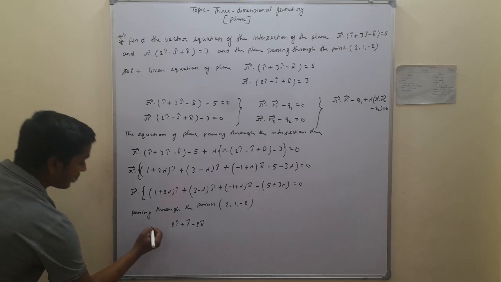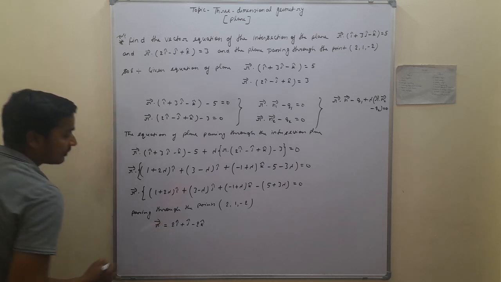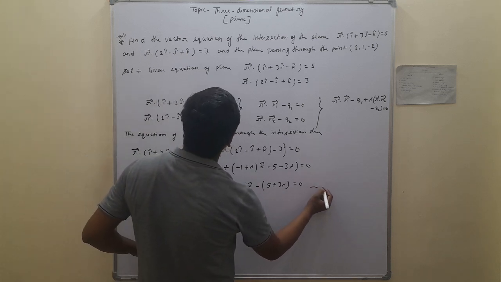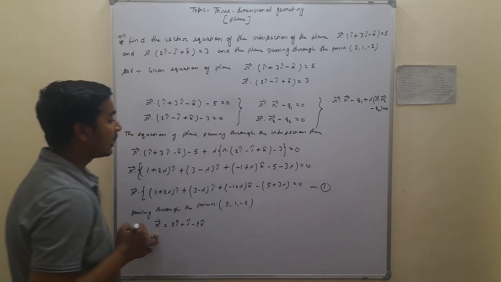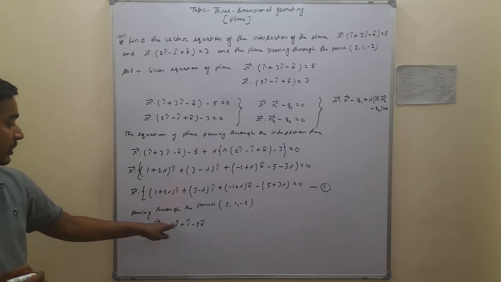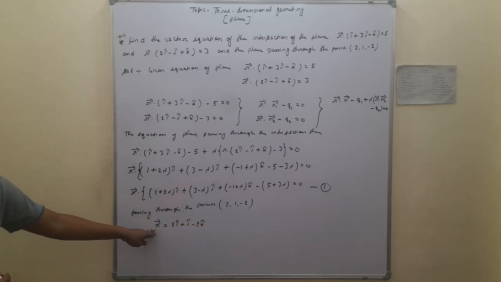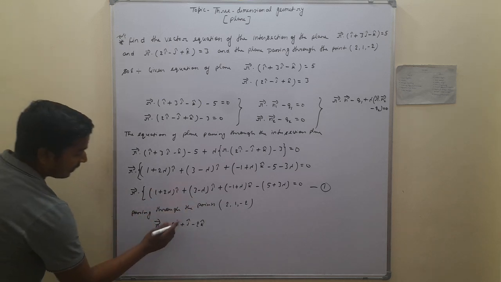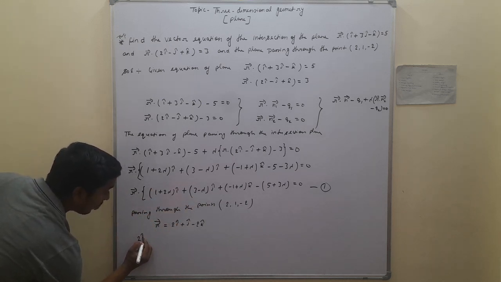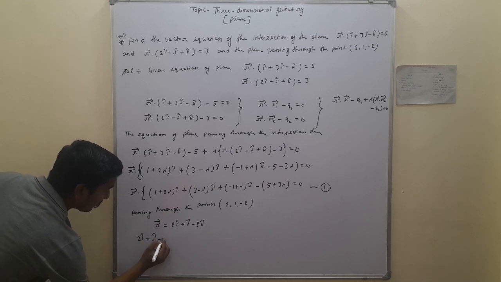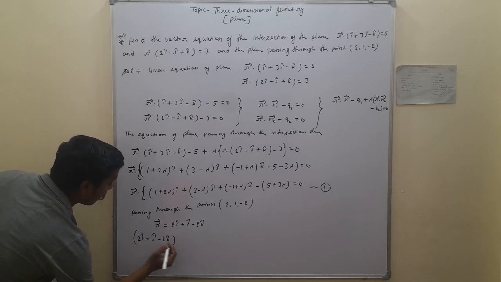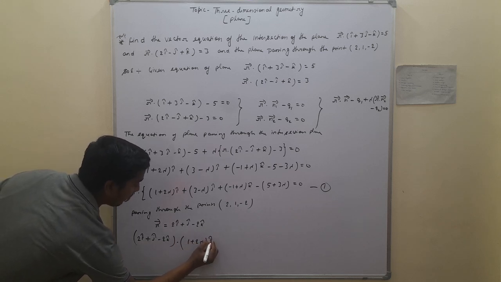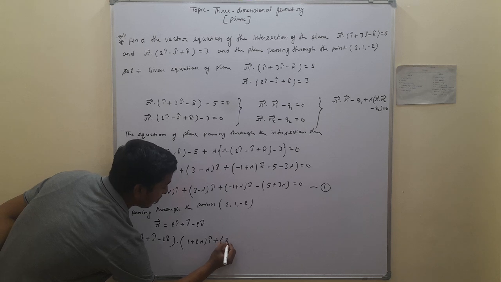Here, this is the r vector, and this point satisfies the equation. This is equation 1, and the given point we have to write in vector form. This is the r vector satisfying equation 1, so we have to put in place of r here 2i cap plus j cap minus 2k cap, dot product with (1 plus 2 lambda) i cap